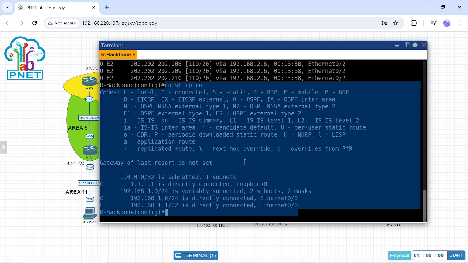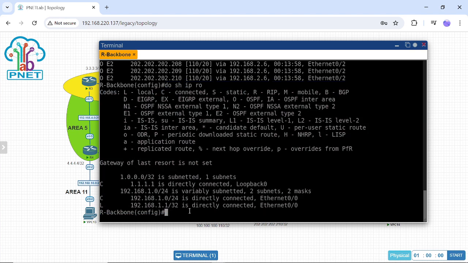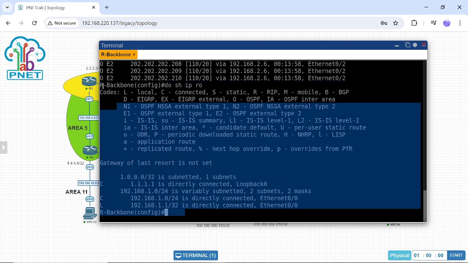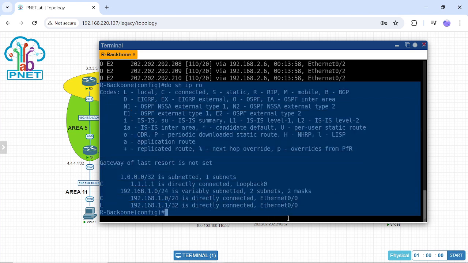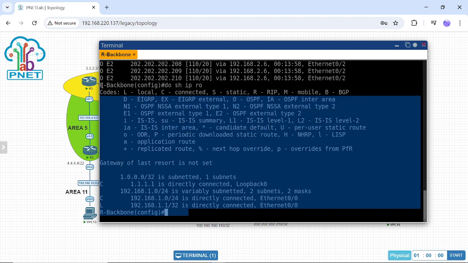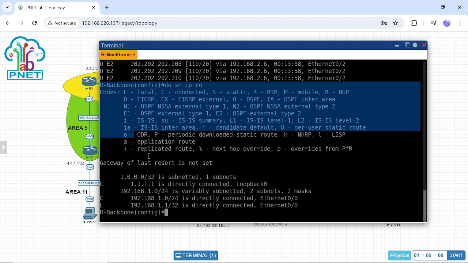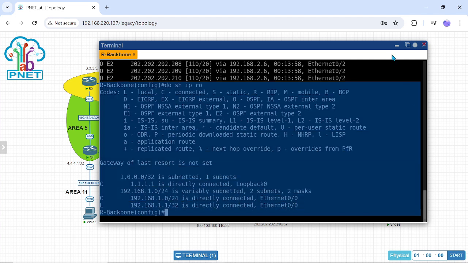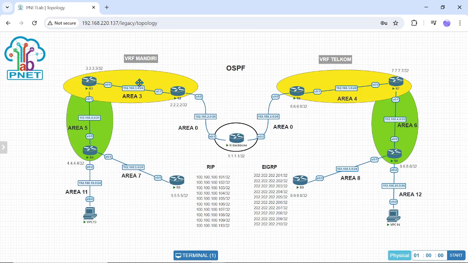But when we check show IP route global, we cannot see the IPs from VRF Mandiri or VRF Telkom.